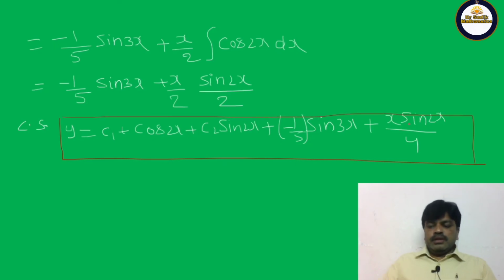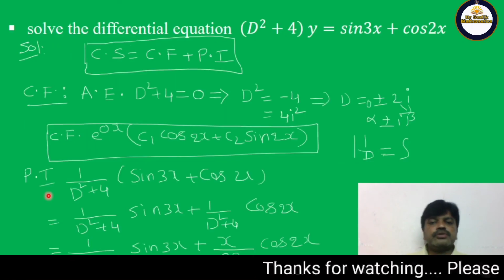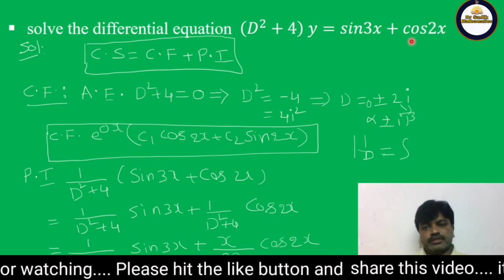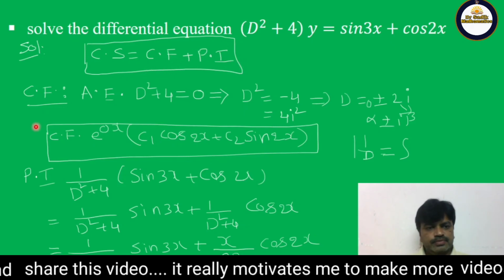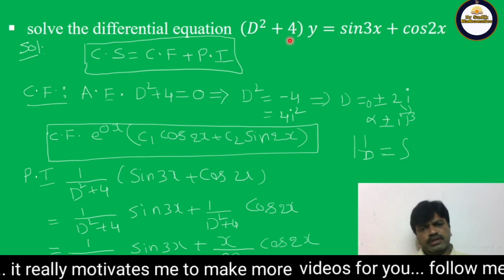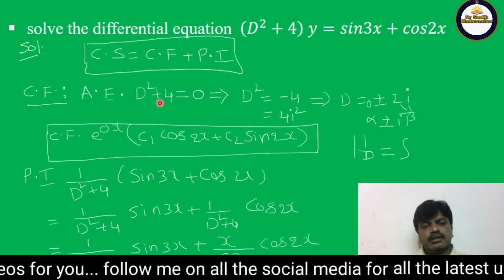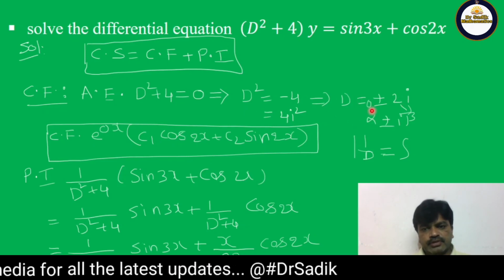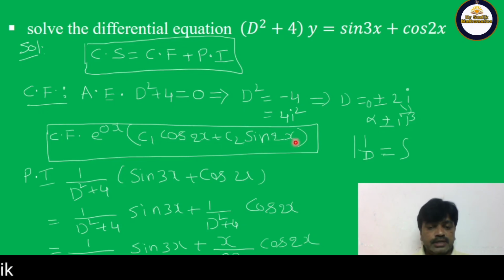Okay, once again, so far we have done case 1, friends. It is the e power ax form. Now it is a trigonometric function, friends. Here also the complete solution is complementary function plus particular integral. For the complementary function, first you write the symbolic form. It is already in symbolic form, in terms of D. So the auxiliary equation gives roots plus or minus 2i. Here alpha value is 0, beta value is 2. So complementary function is c1 cos 2x plus c2 sin 2x.